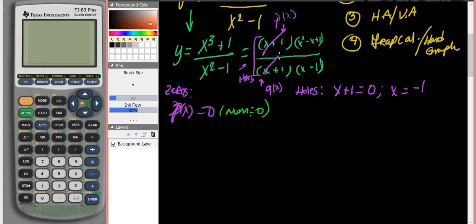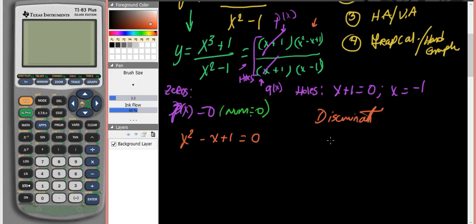So let's go ahead and do that here. The numerator we see here is now just x squared minus x plus 1. So x squared minus x plus 1 is equal to 0, because remember, we canceled out these two common factors, and now this is the only numerator that's left. So that's what we need to set equal to 0. But we see that this function has no real solutions, and I'll teach you why. If we take the discriminant,